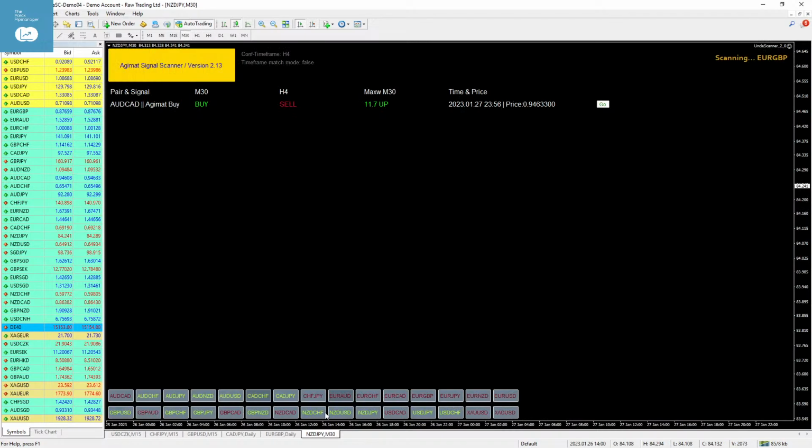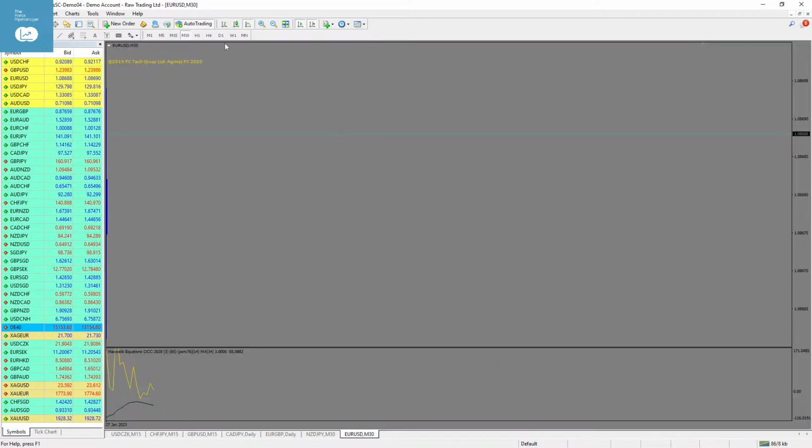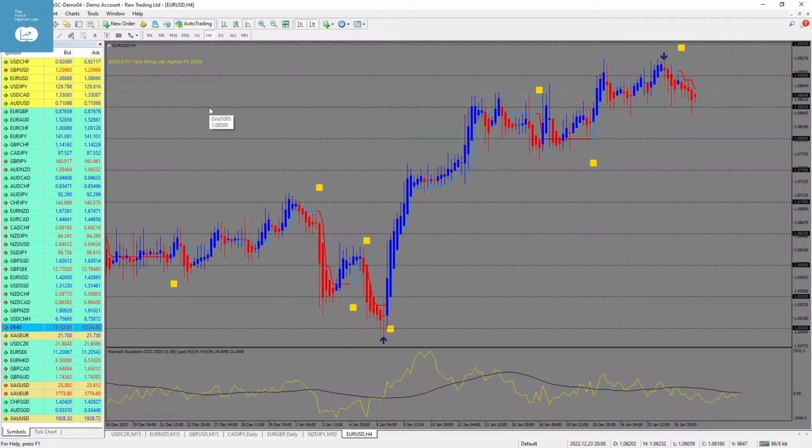So let's check some more pairs. Let's see the Euro USD, which I don't trade that often. I tell you many times that I don't like this pair because it has the two major currencies in it, and so it reacts to every Euro news and US news, so we have a lot of trend changes on this pair. But still we check it here and it looks like it